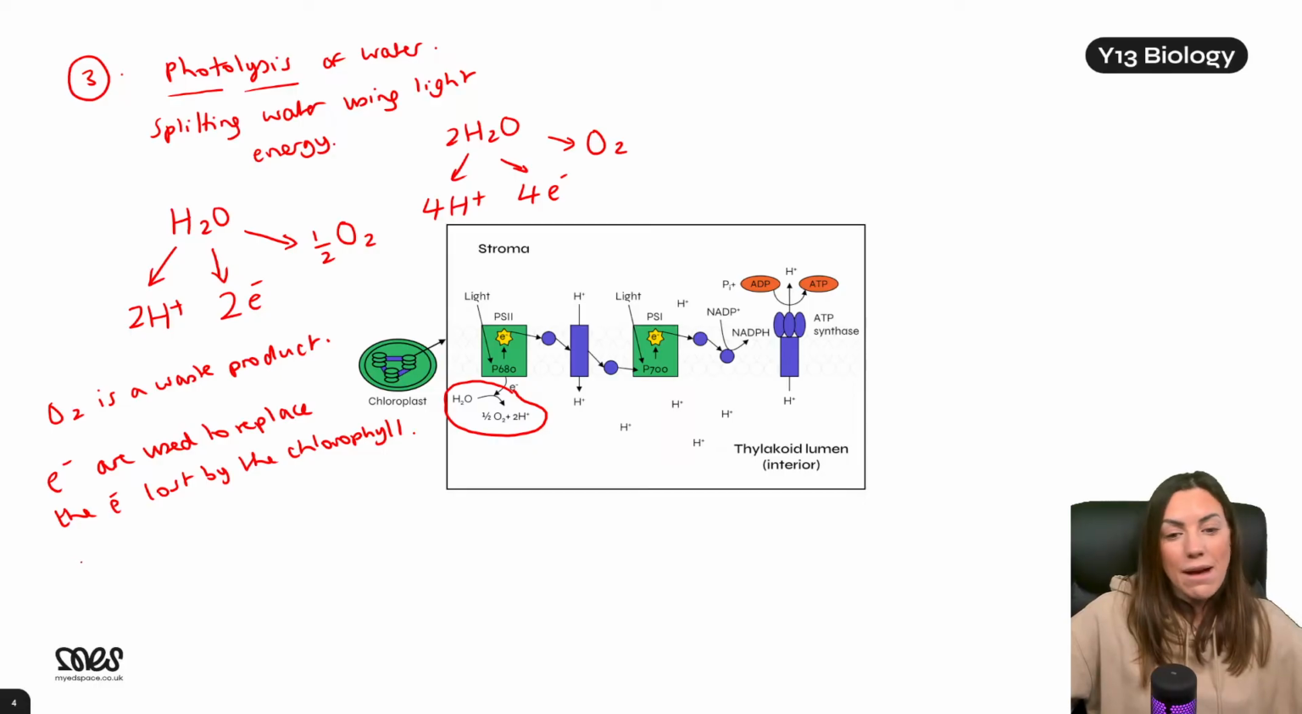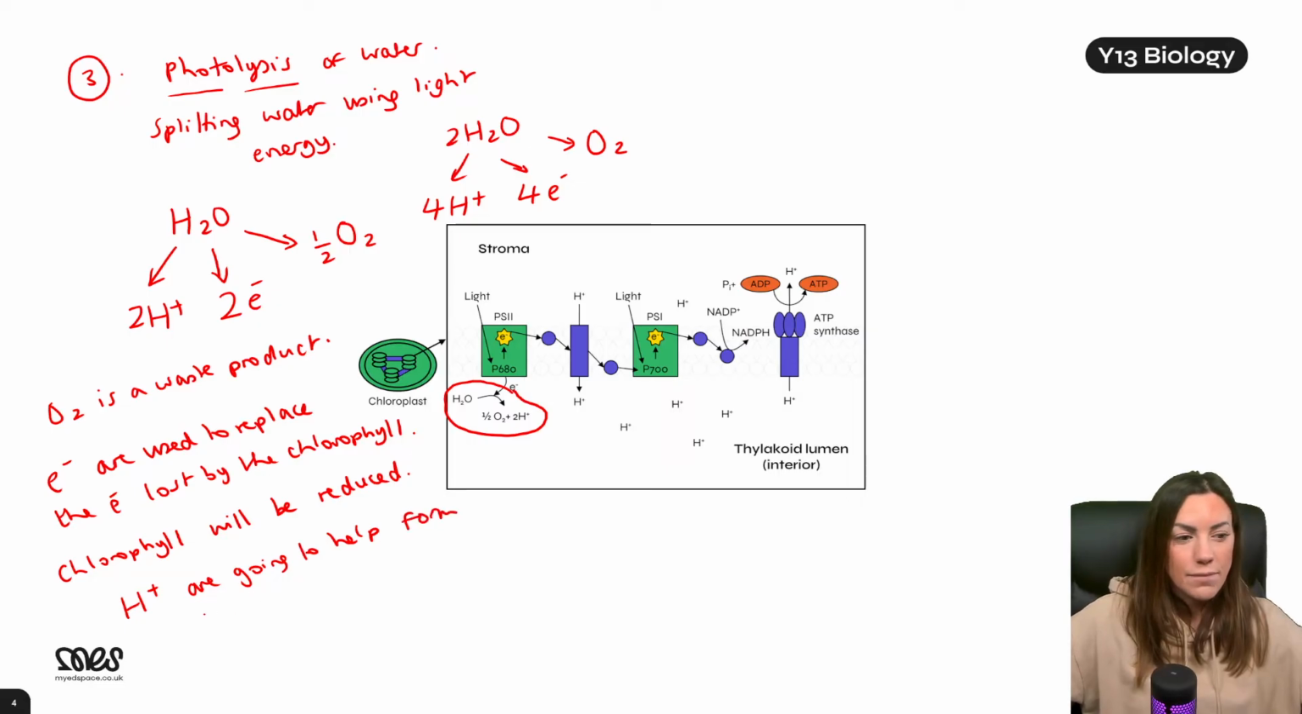So if you think about that for a second, when those electrons replace the electrons that were lost by the chlorophyll, the chlorophyll will be reduced because it's gaining electrons, and reduction is gain. The protons are going to help form the proton gradient